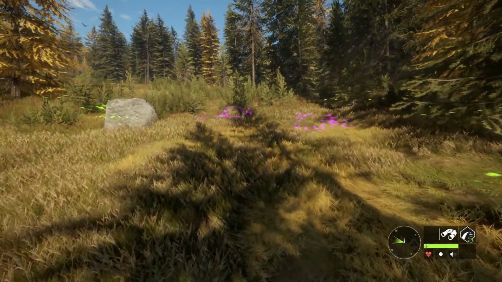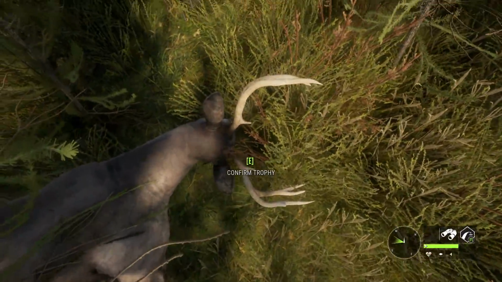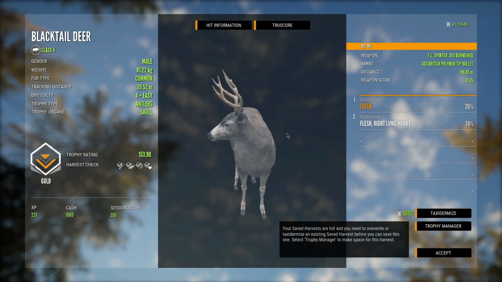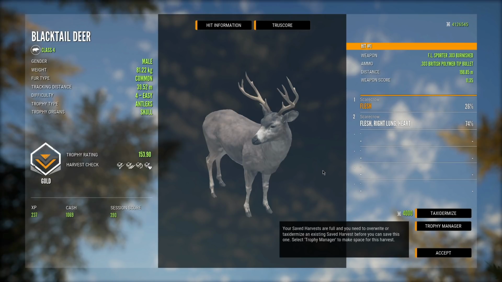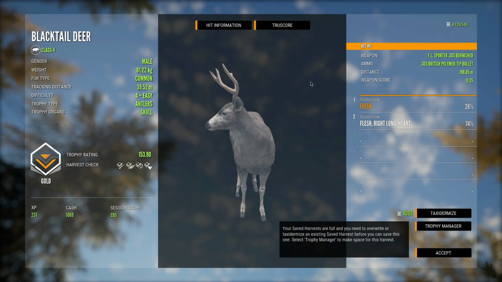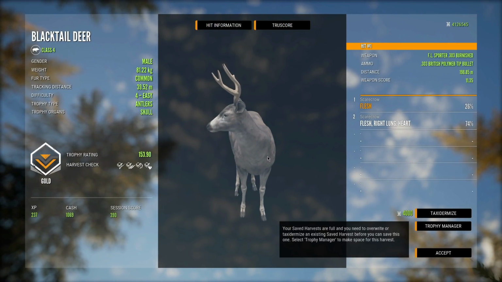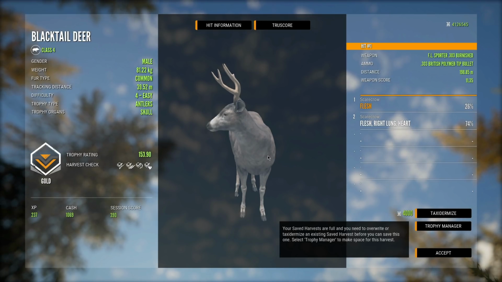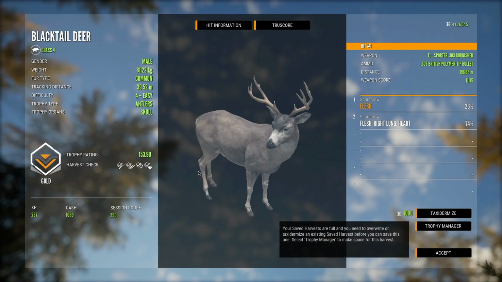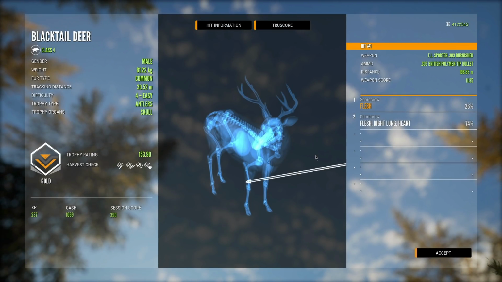There he is, our extremely interesting looking blacktail, and honestly, this one is so weird, it might be tax worthy. 153, that is a very interesting blacktail. A very, very strange one. I don't think I've ever seen a blacktail where the antlers line up so perfectly like that. That is a strange one. Strange to say the least, but kind of cool. Honestly, let's tax it. We will put it in...